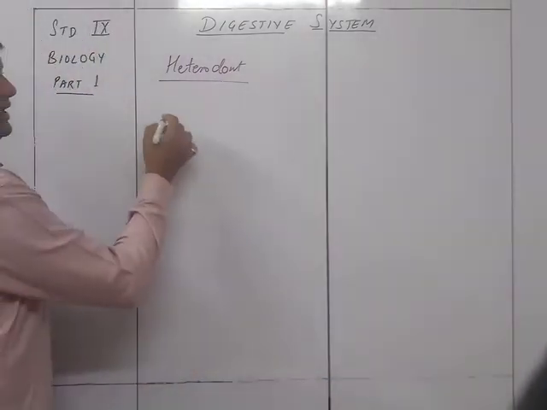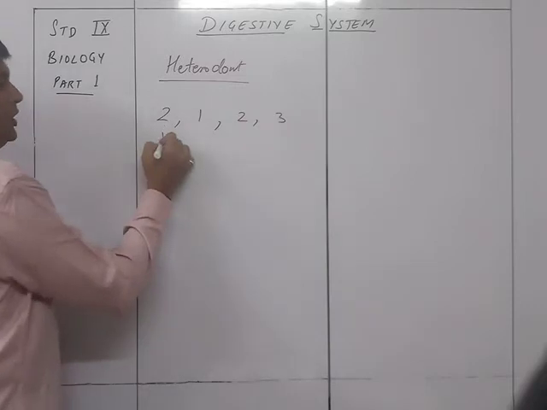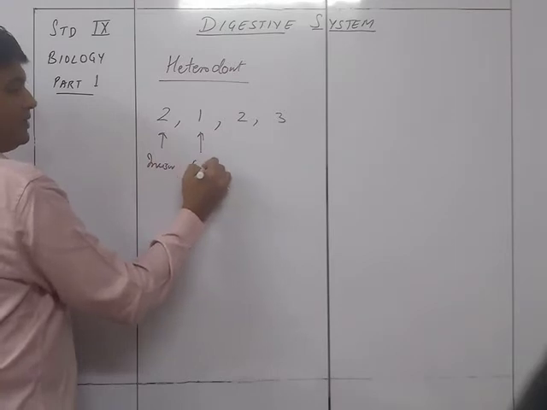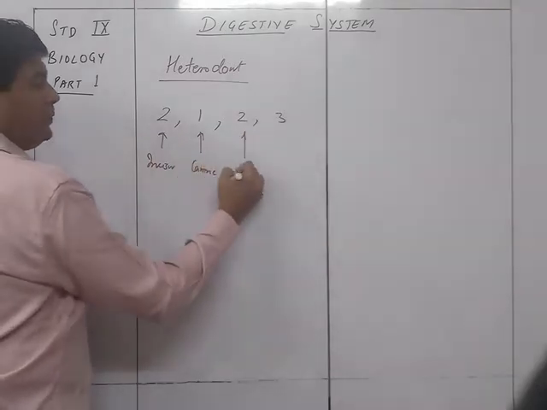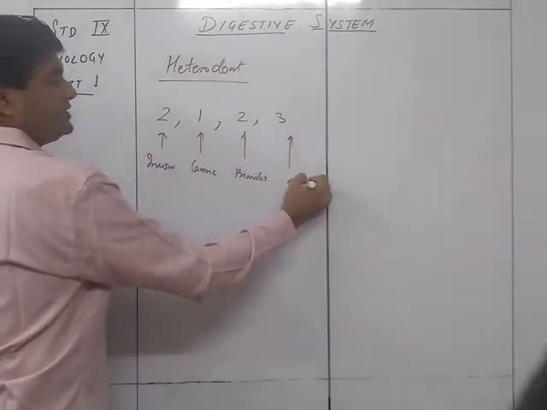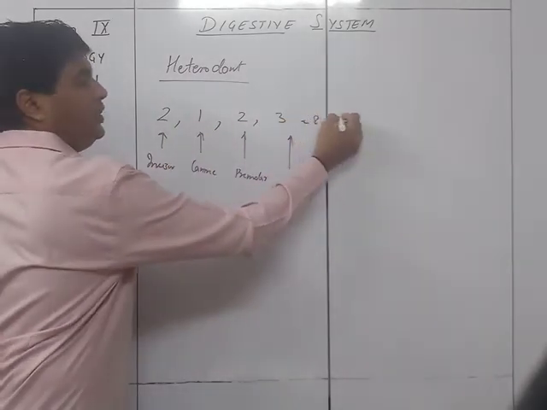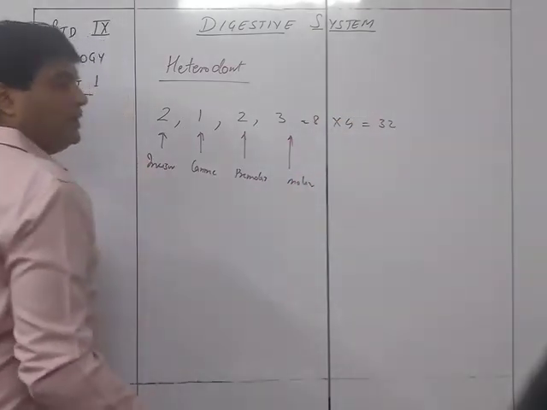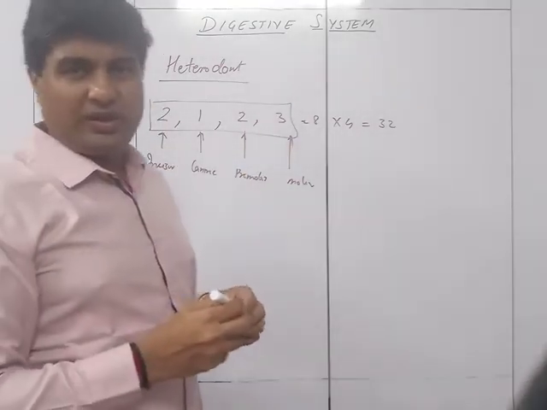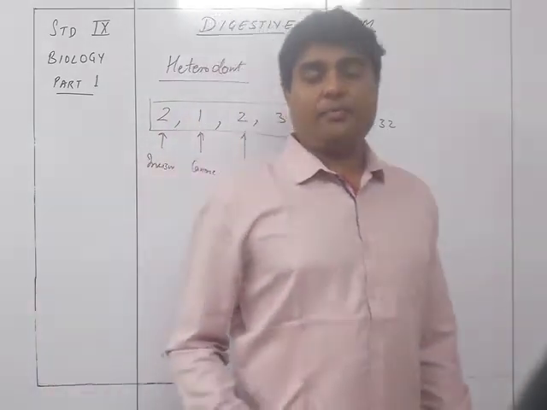And we can say the configuration will be 2, 1, 2, 3. That means 2 incisors, 1 canine, and then 2 premolars, and finally 3 molars. So this makes 3 plus 2, so 5, 6, 7, 8. That is 8 into 4 sides, that's 32 teeth. So we have 32 teeth in the format of 2:1:2:3.